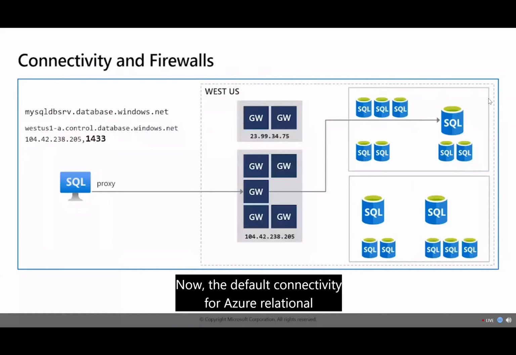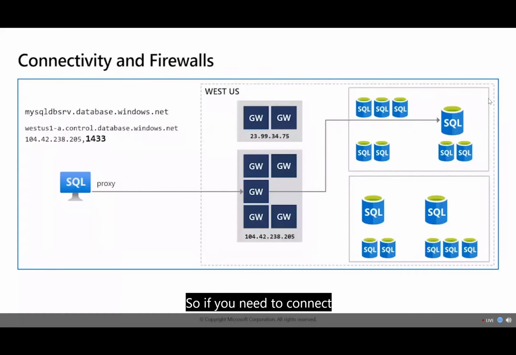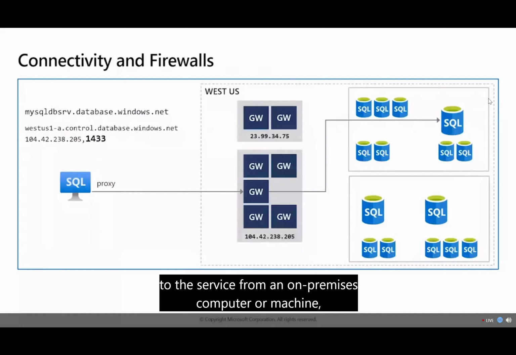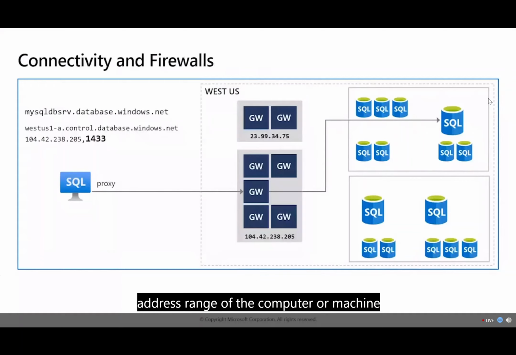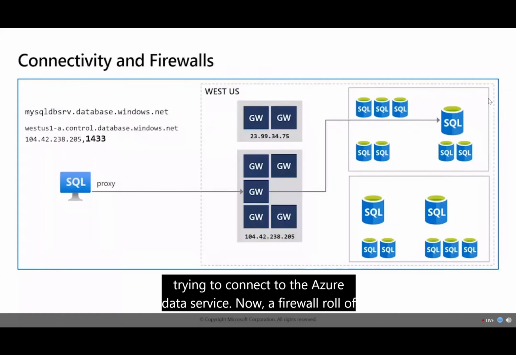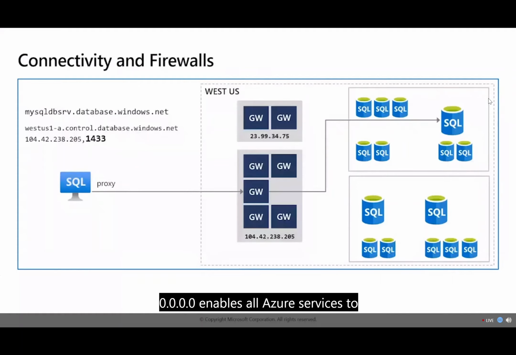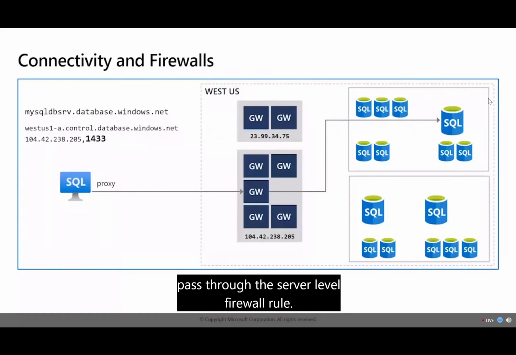Now, the default connectivity for Azure Relational Data Services is actually disabled across the world. So if you need to connect to the service from an on-premises computer or machine, in the firewall section, you need to add the IP address range of the computer or machine trying to connect to the Azure Data Service. Now, a firewall rule of 0.0.0.0 enables all Azure services to pass through the server level firewall rule. So if you wanted to open up your data service to the world, you can also specify this range to be